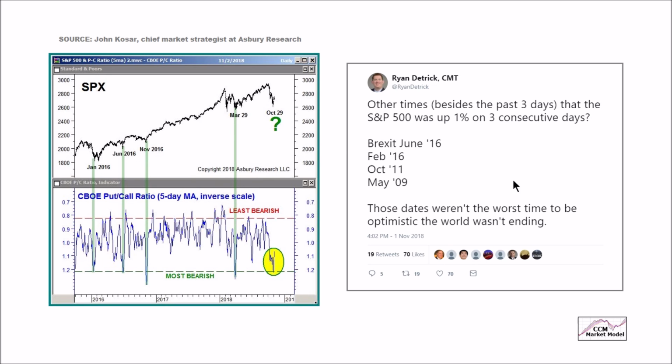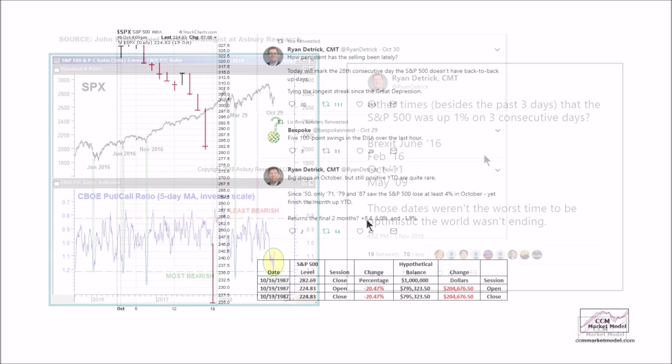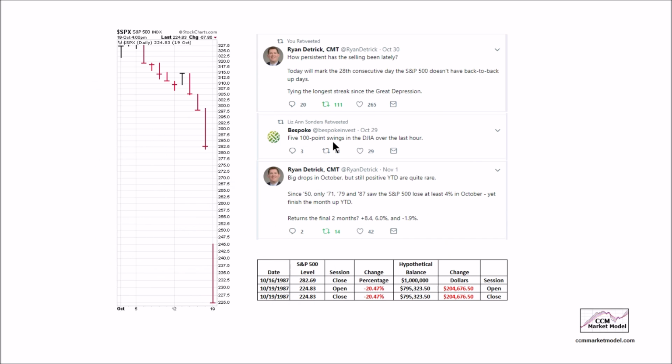Setups are nice, but we need the market to prove something. It has proven some things, including having 3 consecutive 1% up days that look very, very similar to recent major lows. This is a setup. This is somewhat of a confirmation of the setup, the market proving it to us. Why is this second piece so important? Because if we just have setups and we don't wait for the market to prove it, it's possible that really, really bad things can happen, like losing $200,000 in one day.